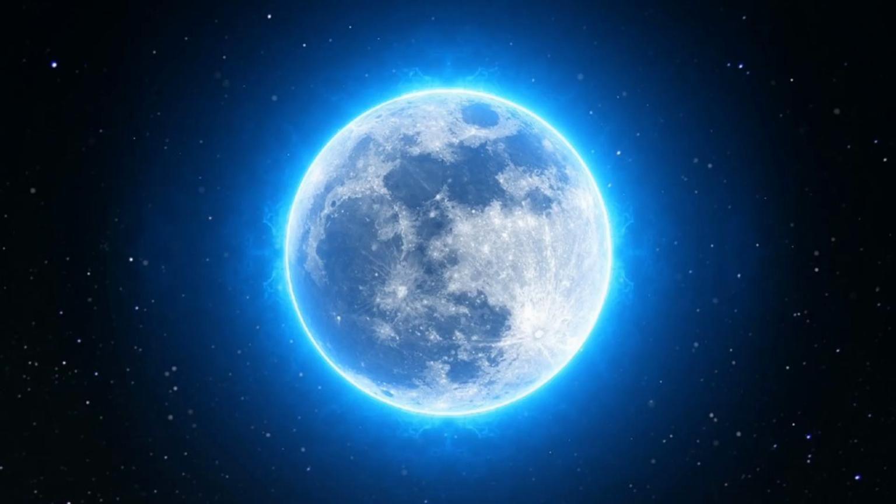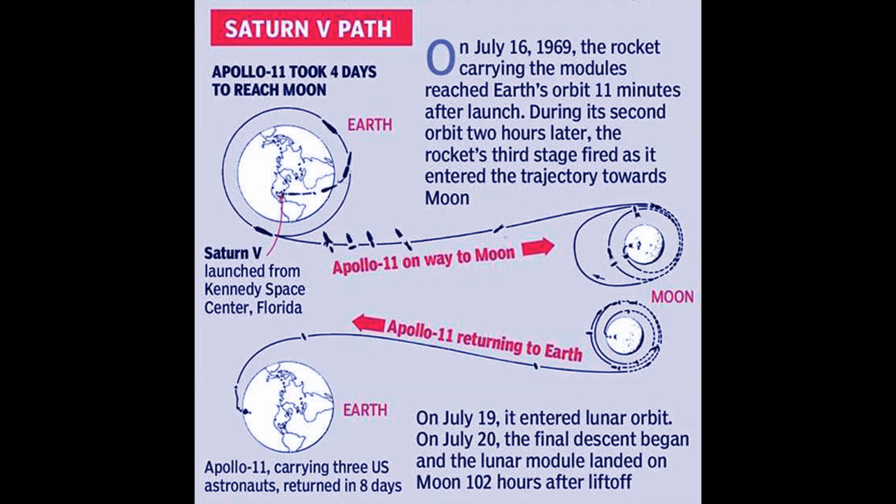The answer lies in the build of the rocket, the amount of fuel it's carrying, and the speed of the lunar craft. In space, covering long distances requires high speeds and straight trajectories. For Apollo-11, NASA had used Saturn V, a super heavy lift launcher, to travel at more than 39,000 km/h. The powerful rocket had a lifting capability of 43 tons, including the lunar module, service module, and command module housing